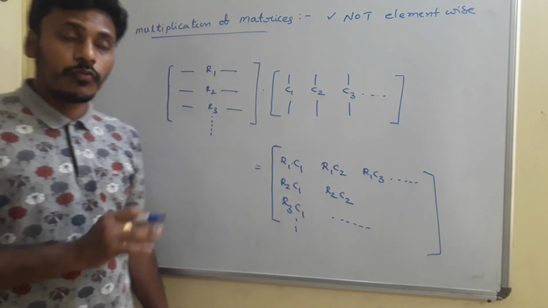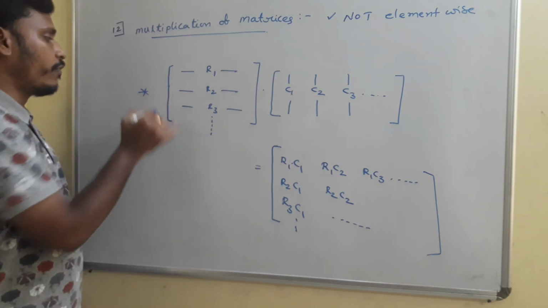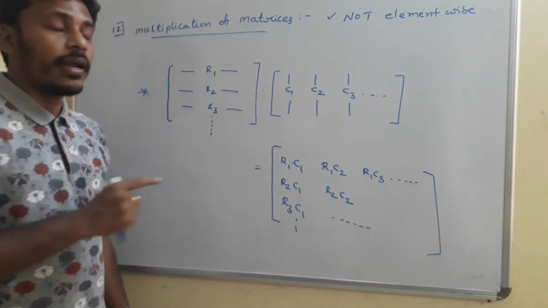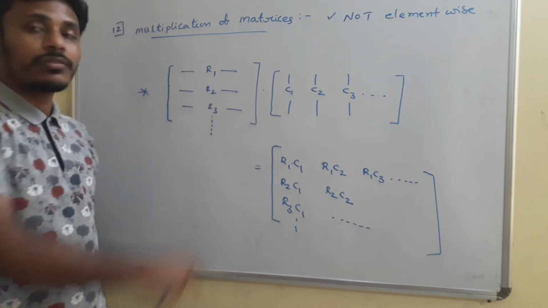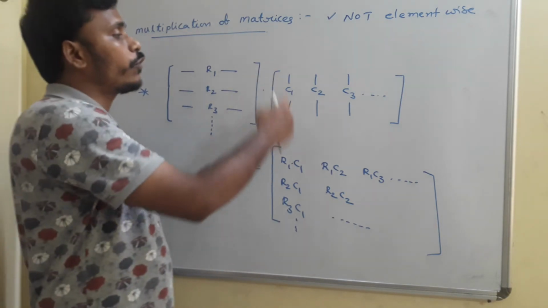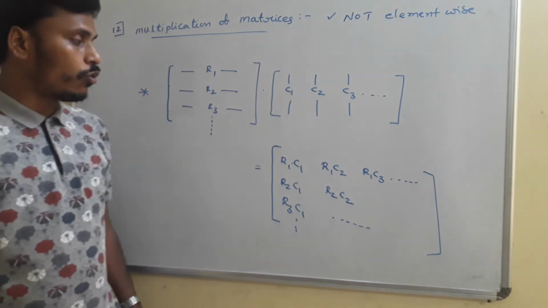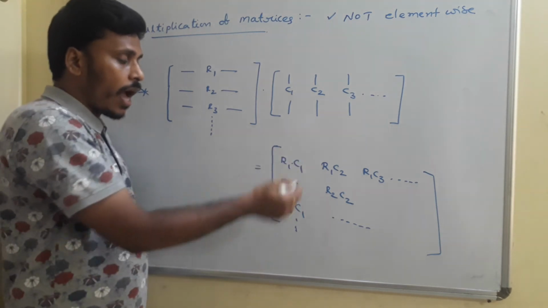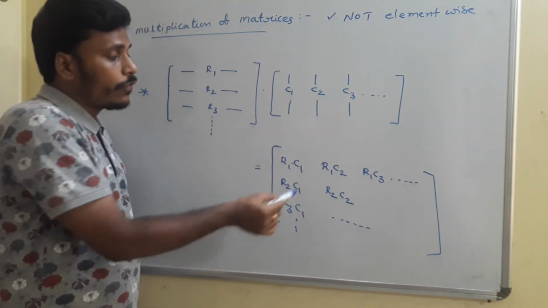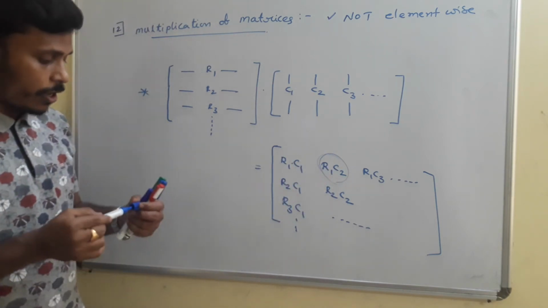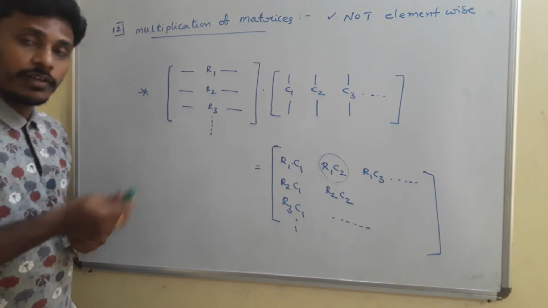Okay, but first of all, just identify this as the definition, right? To multiply two matrices, in the first matrix you need to observe the rows and in the second matrix you need to observe the columns, and as a result for the product you need to write like this. And among this, suppose you say R1 C2, what is this R1 C2? Again, there is a special definition for that.